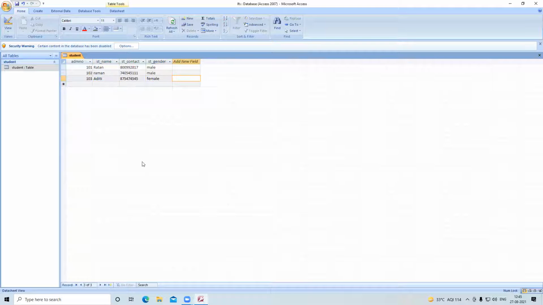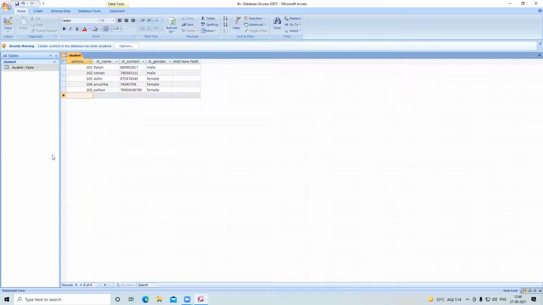Then we have some more records: 104, name is Vanuska, contact number is this, she is also female. Then we have 105, Palvi, contact number is this, she is also female. Okay, we have a few records.